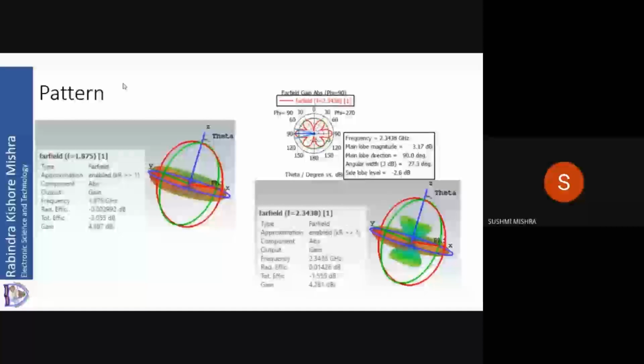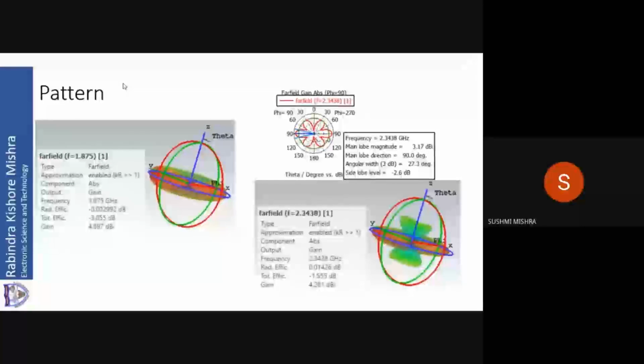Now look at the next one, 1.25 lambda. As I told you, here the gain is maximum, 4.281 dBi. Again we get side lobes coming up in the upper one. You can see the green portions are the side lobes, red portions are the main lobes. Main lobes are again in the azimuth plane, side lobes are coming up, but side lobes are very small, negligible power goes there, so it is more efficient, or it gives you higher directivity and gain.